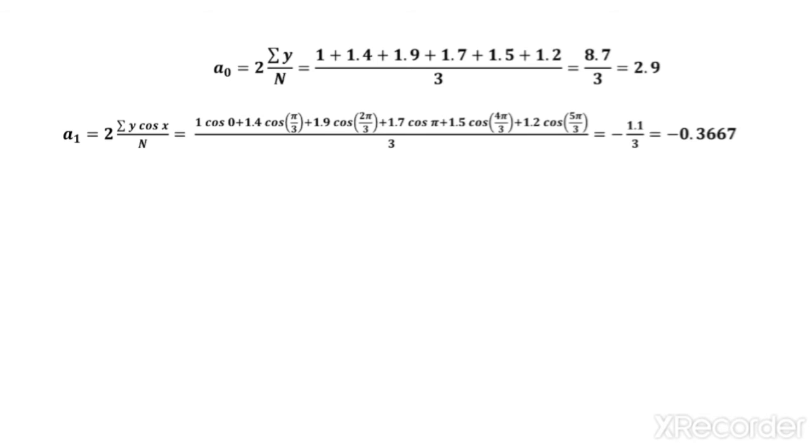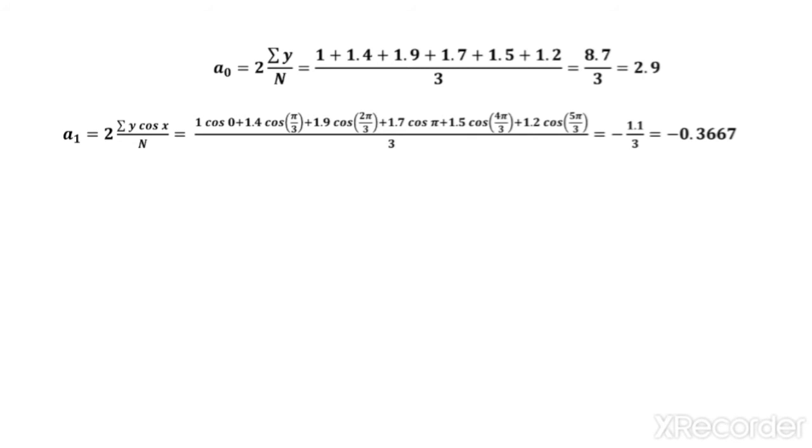No last value will be included because the last value is the same. And the y values are 1, 1.4, 1.9, 1.7, 1.5, 1.2. So put all the numerical values and do the calculation in a numerical way. Add, and finally you will be getting